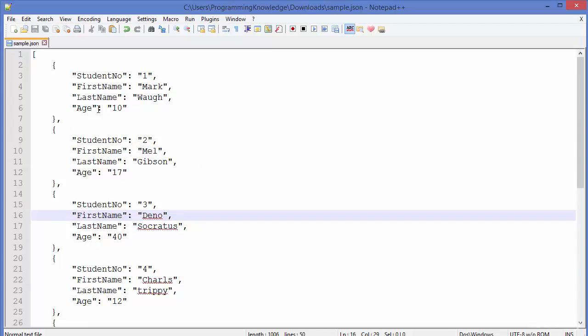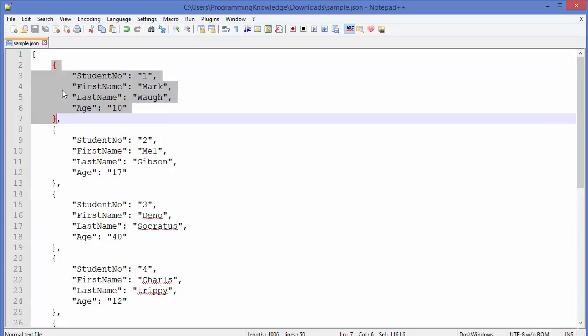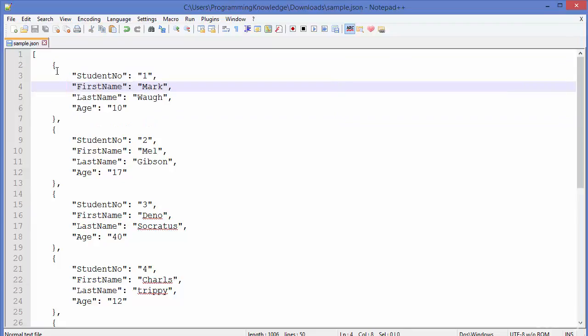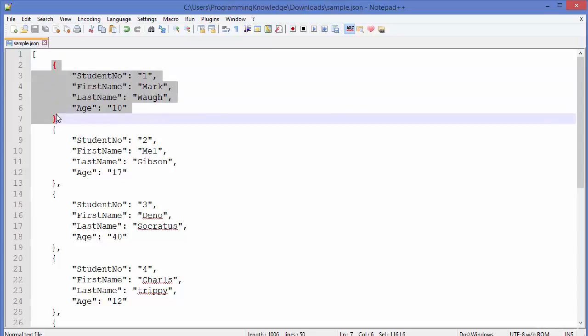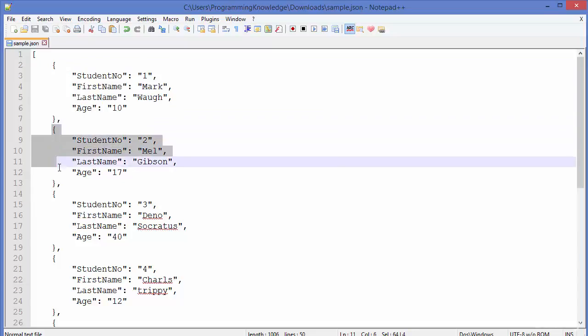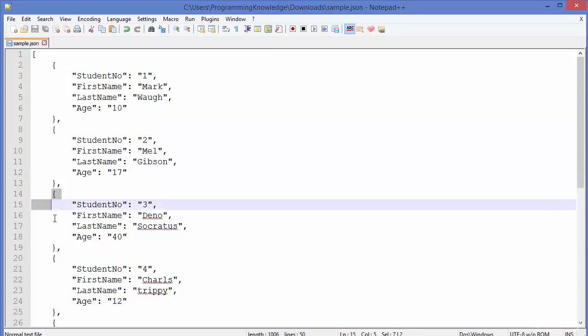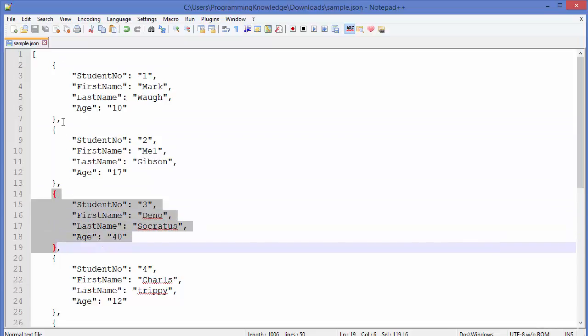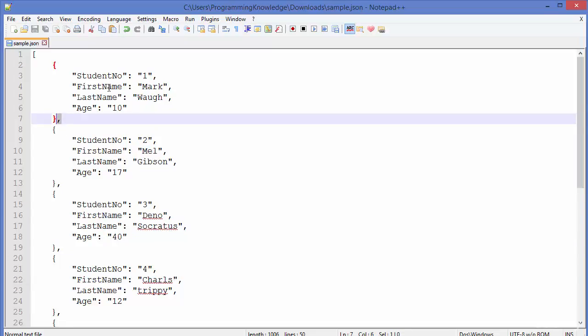So for example, we are creating the database for a school which contains students as a collection, and the document can be this kind of a JSON element, right? So this is one JSON element in our case, this is second JSON element, this is third JSON element, and they are separated by comma here. Okay,